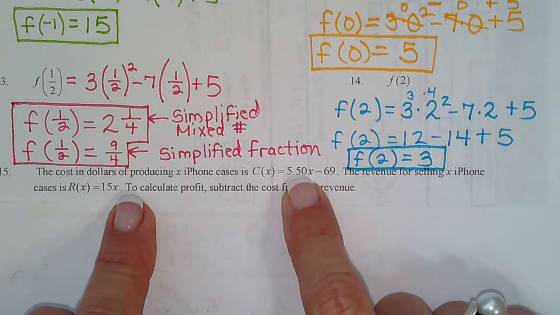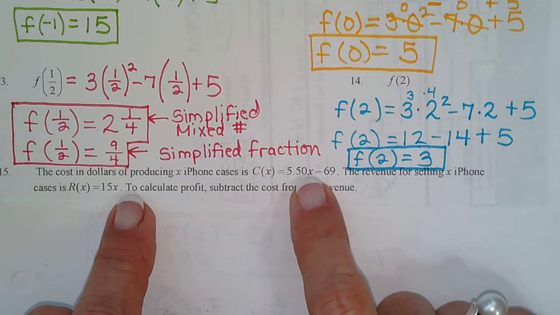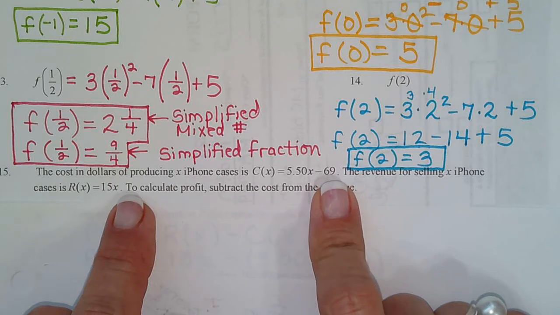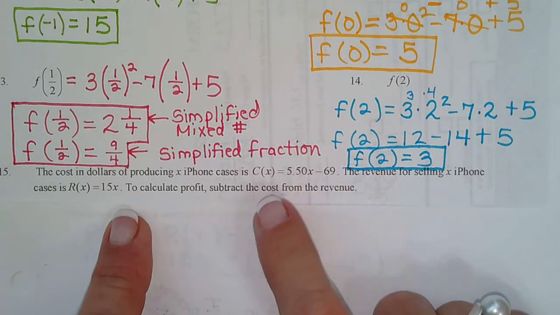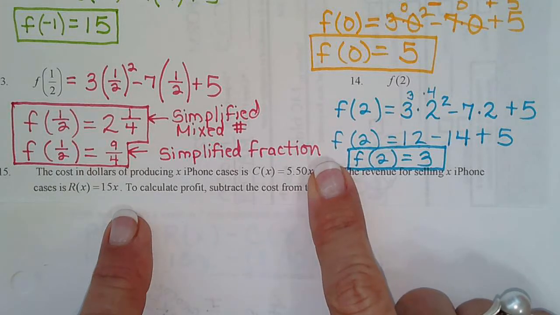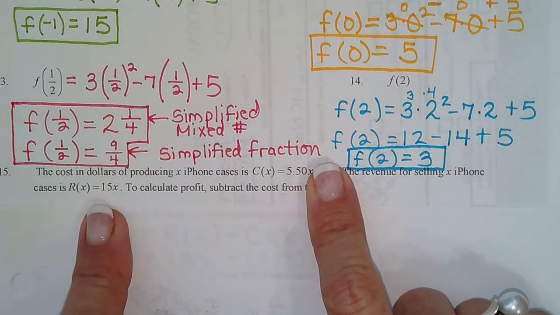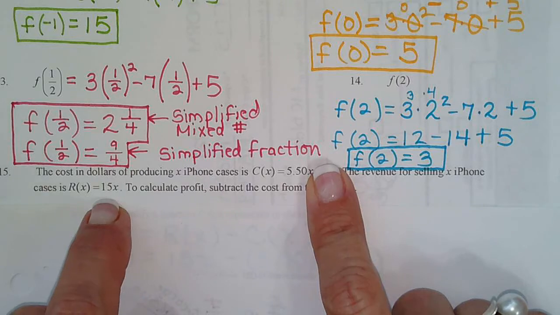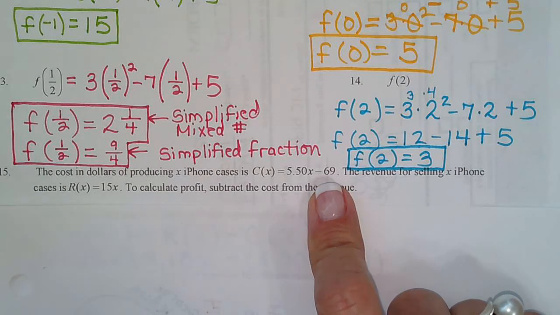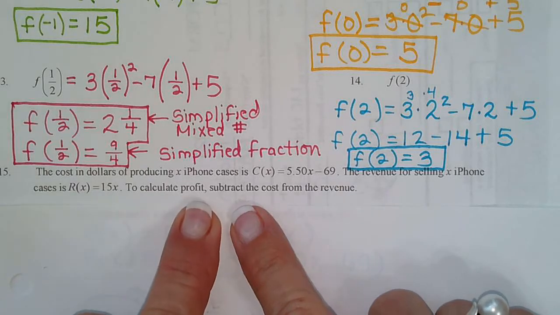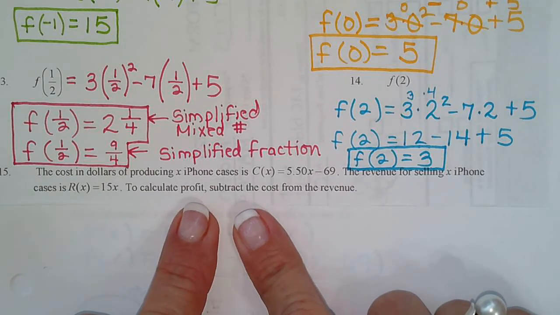This tells me they cost $5.50 to produce each, and the $69, who knows what that could be, I don't know. But that tells me it's $5.50 each it costs to produce them. This tells me they sell them for $15, and then there's some unknown number there. We don't know what that represents that gets taken away from the cost. Maybe a discount, I don't know. So to calculate the profit, and this is the key, and it looks like